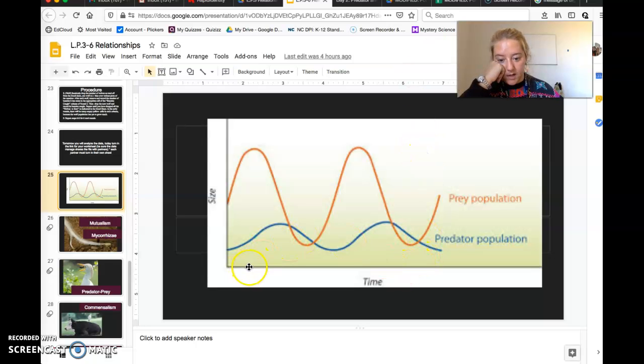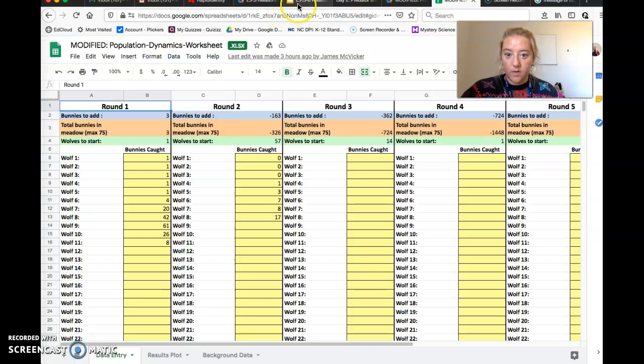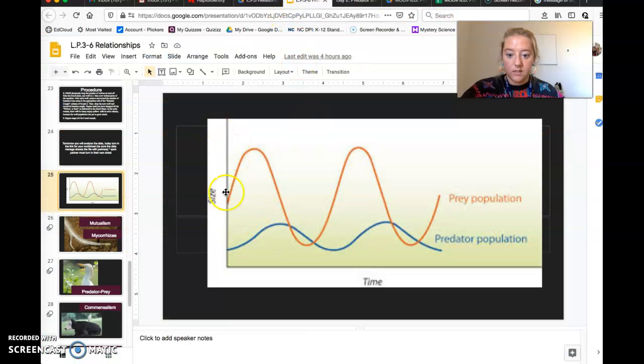Now you've got time on the x-axis and size of population on the y-axis. And so we see our prey population, if we were to graph what the data that we found here, and we kept going a bunch of rounds, we would eventually see this cyclic pattern right here. Now this is the graphical relationship between predator and prey population. If you can see right here, as my prey population increases,